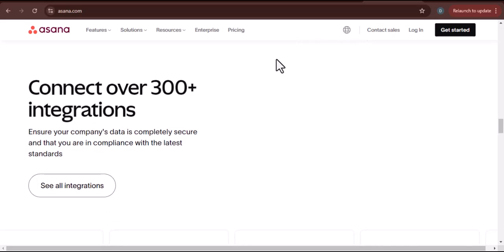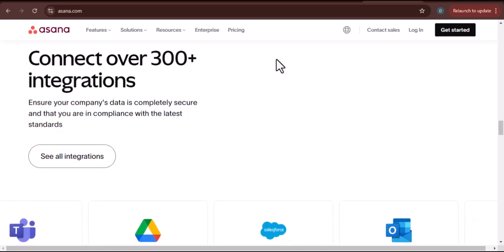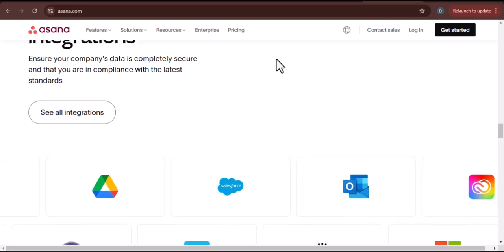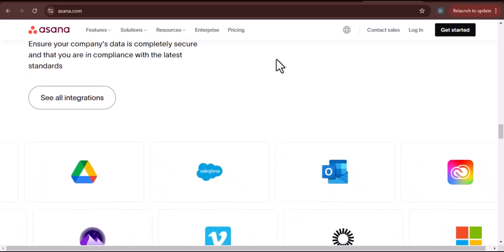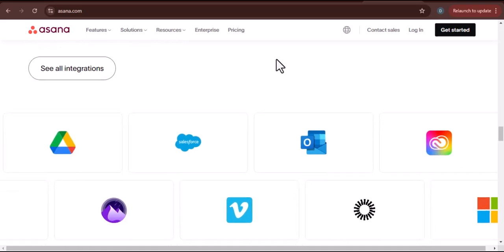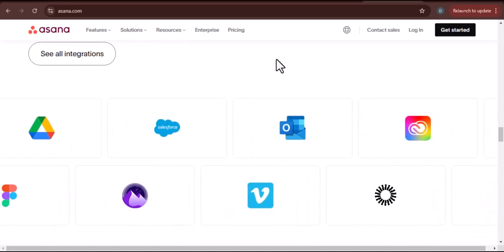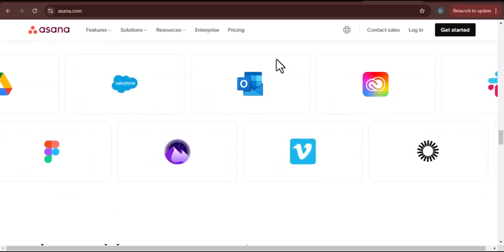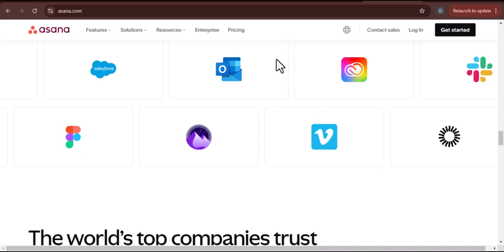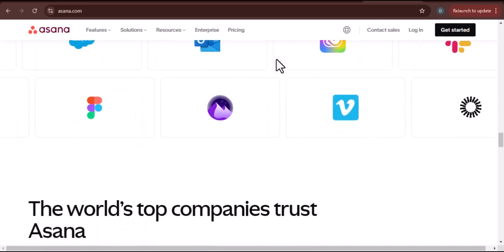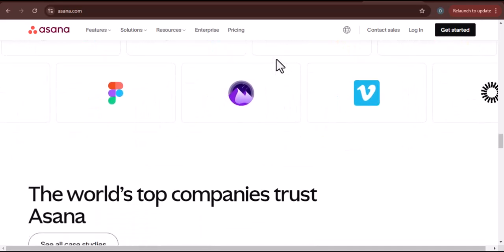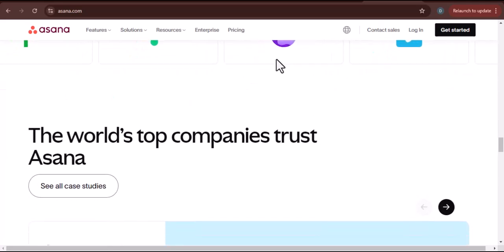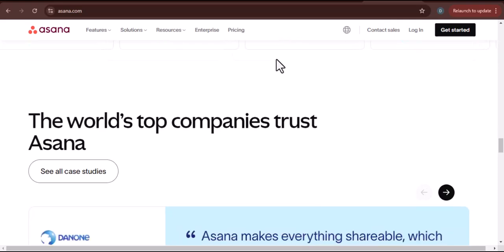Now, here's where things get interesting. Asana integrates with a wide range of third-party apps, and some of these can bridge the gap between planning and publishing. For instance, you can use integrations with apps like Zapier or Make, formerly Integromat, to automate certain aspects of your workflow. You could create a Zap that triggers a notification in your social media scheduling tool, like Buffer or Hootsuite, when a task in Asana is marked as ready for publishing.